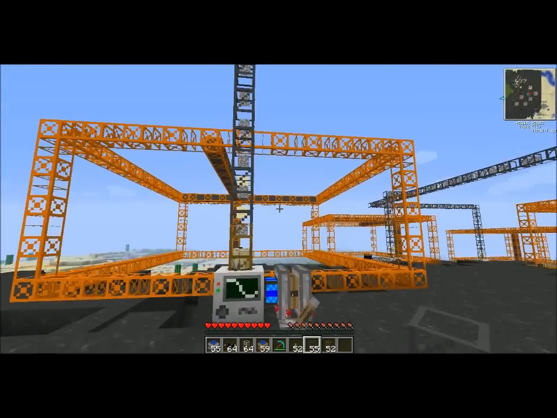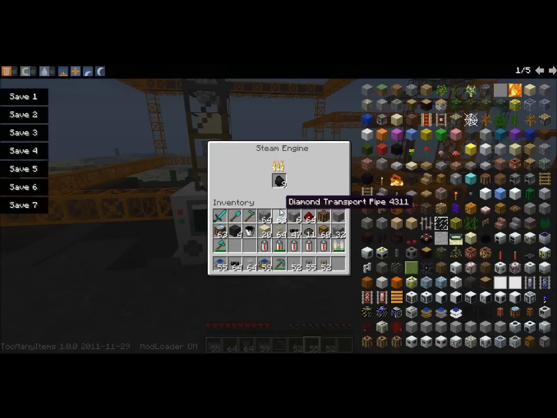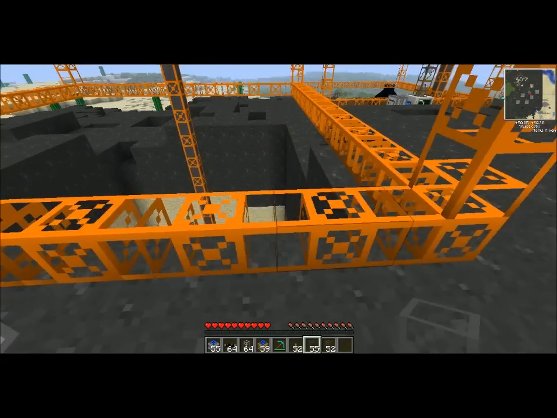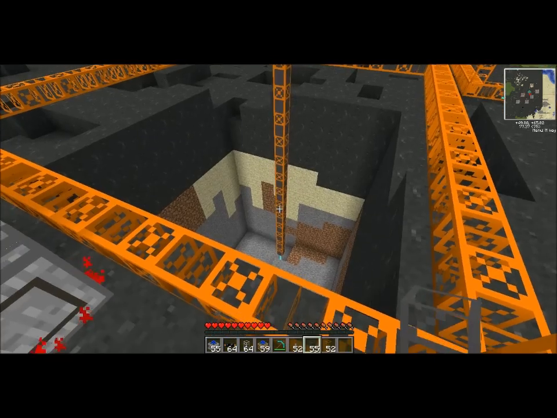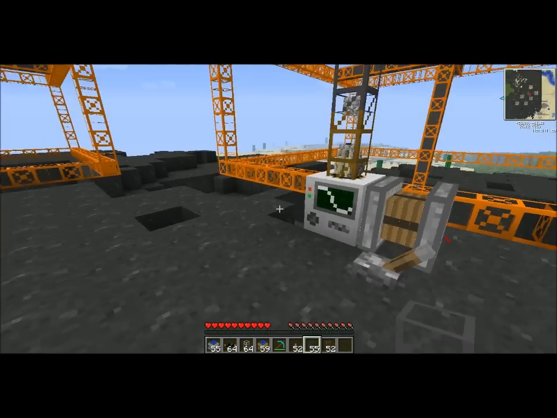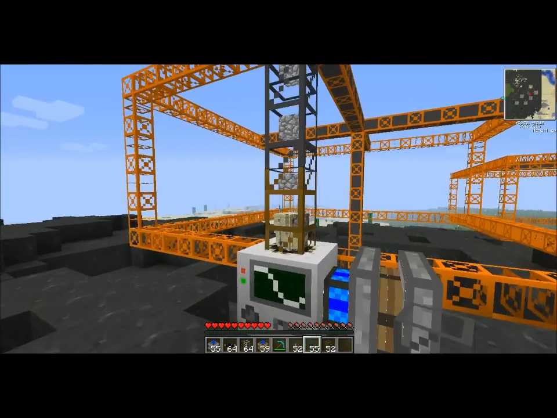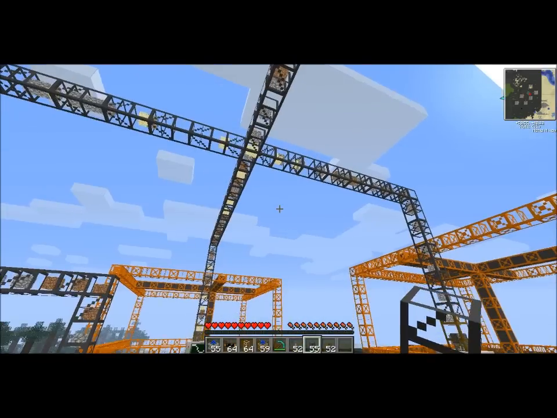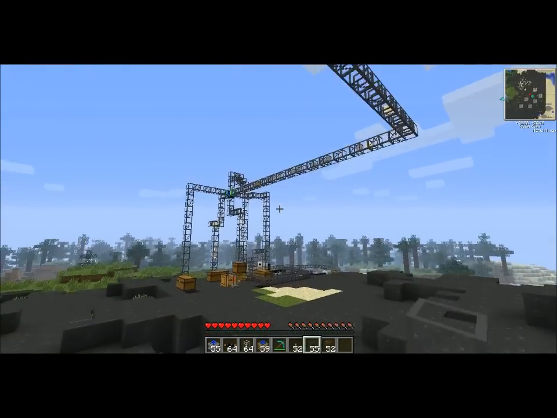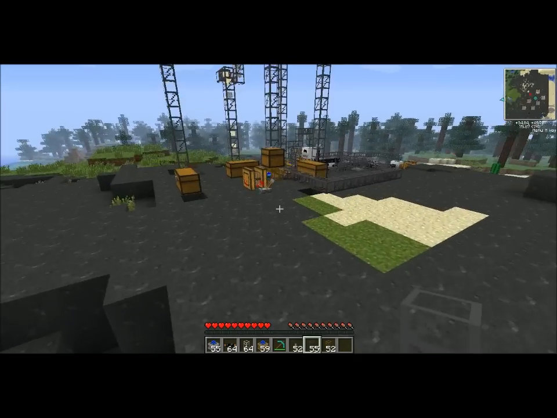Over here you can see I have a quarry. It's powered, like the mining well, by a steam engine, and it's pretty much just a more advanced version of the mining well. It digs in a wider area, but once again all the items just come out of the top and up and along this. Now you see I have all this piping flowing along all the way to these chests over here,